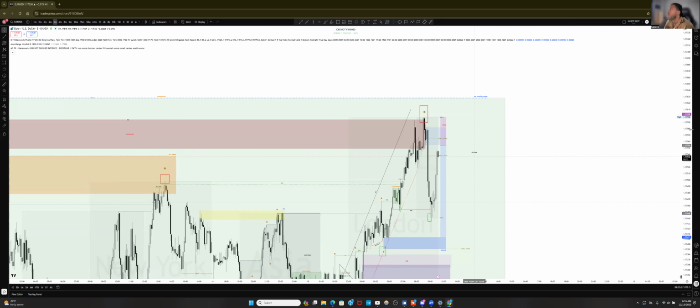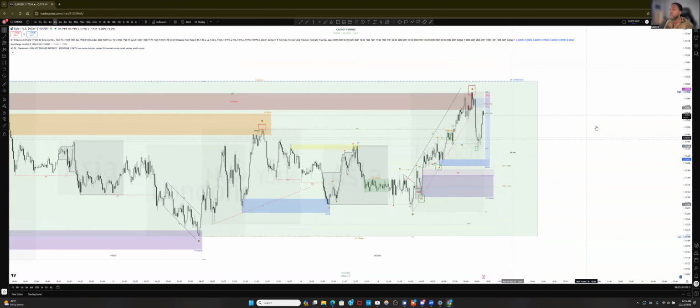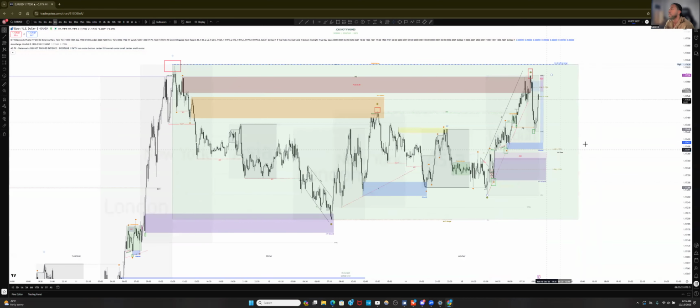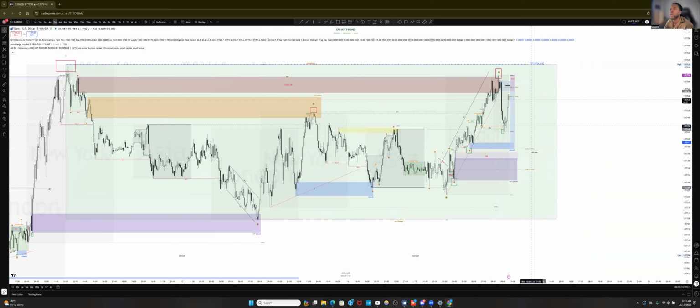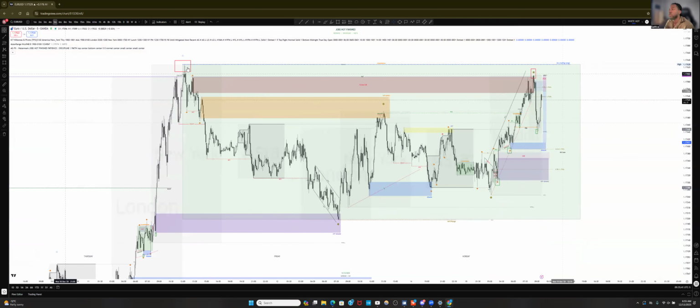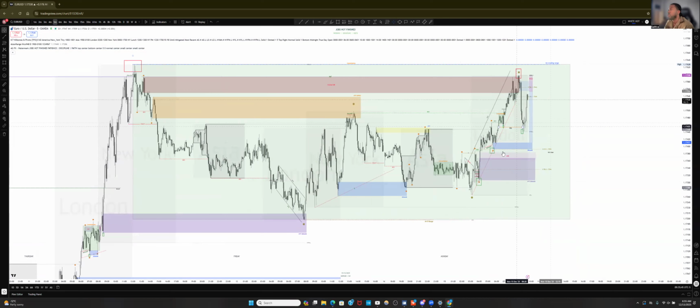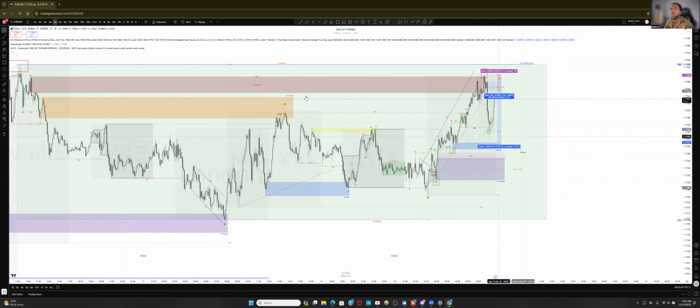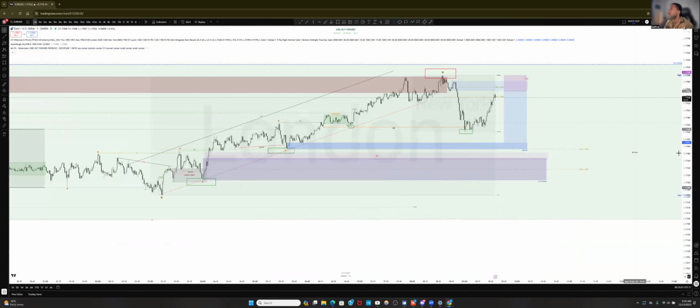Like I said, we see that buyers are in control, buyer inducement, buyer inducement, buyer inducement. I don't want to simply come in and take a sell where buyers are showing control, especially after we've taken out this high. You see the buyers taking out highs. This is the next one that needs to be taken out. Every time the sellers take control, they're not able to come down, take any of the buyer inducements. So it might not be a good position to take sell.